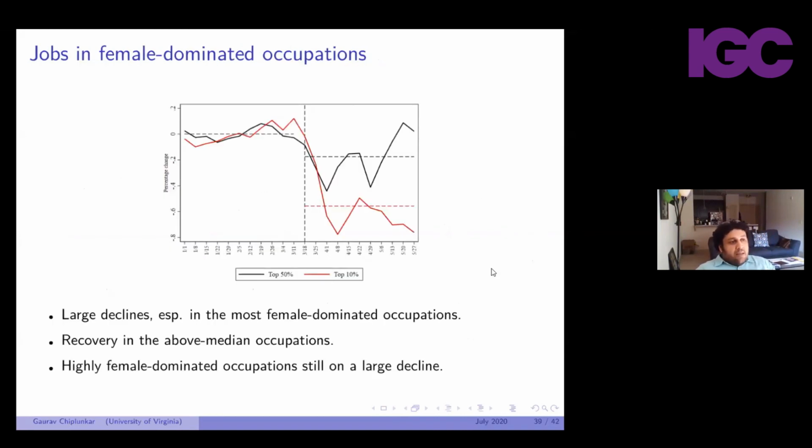And then this, I think, was another interesting aspect, which is trying to look at how the job hit has been taken by female dominated occupations versus male dominated occupations. So if you focus on the red line, I use the labor force survey and classify occupations, and every occupation will have a fraction of female workers in them. I take the very top 10% of occupations, so the most female dominated occupations that we have in the country right now, and I look at how COVID has been for them. And what you can see is that jobs in these occupations, postings, have gone down by 80%, right? So again, if you look at who is being affected, it's the inexperienced people, it's the lower educated people, and women who are being affected